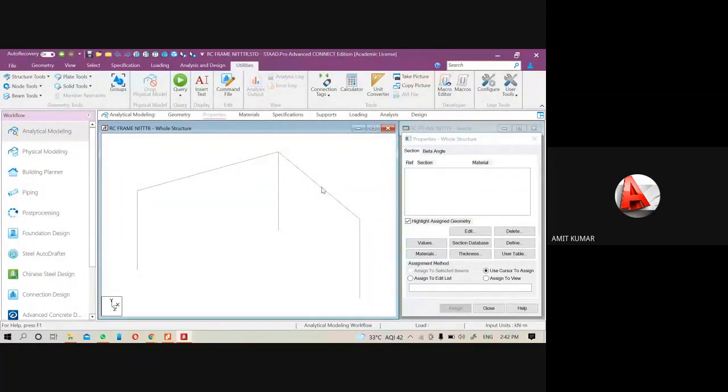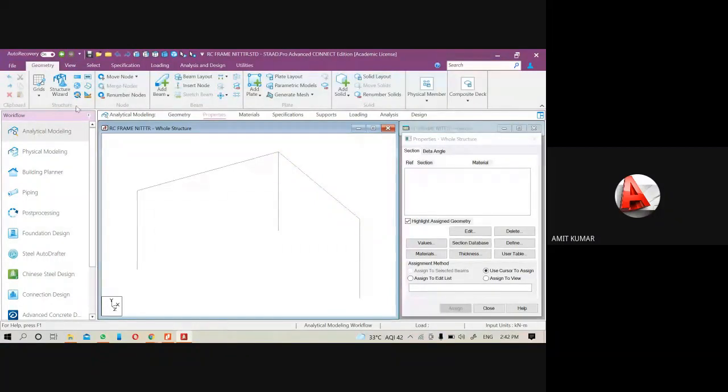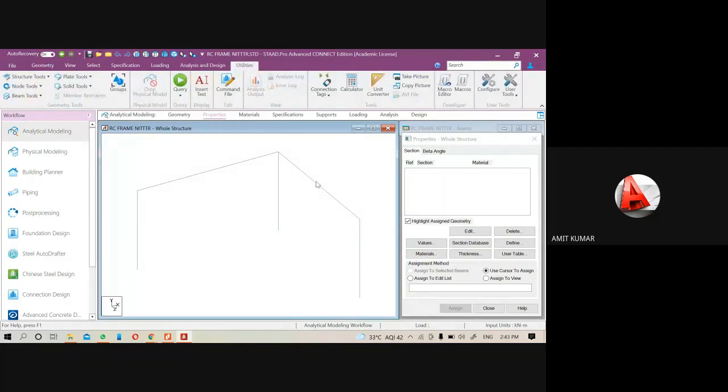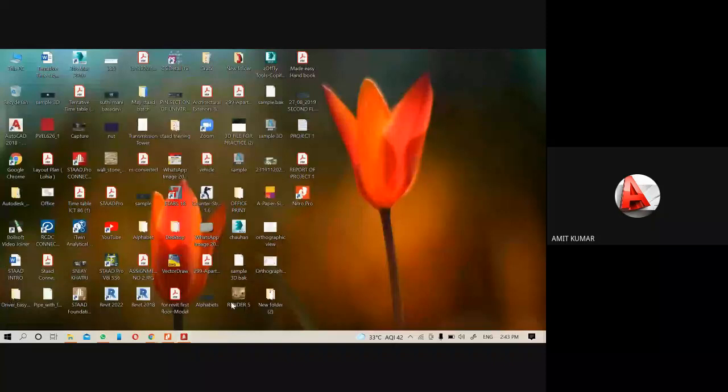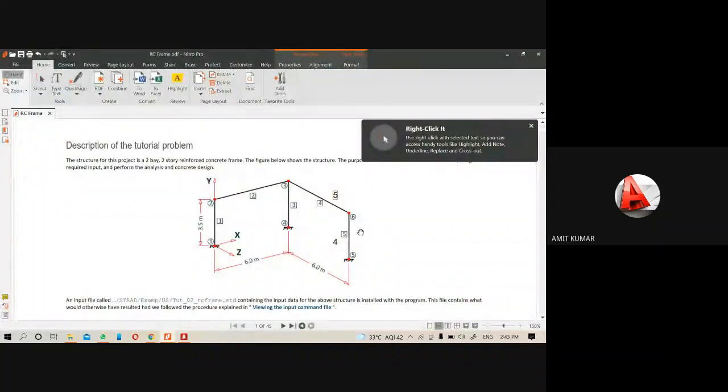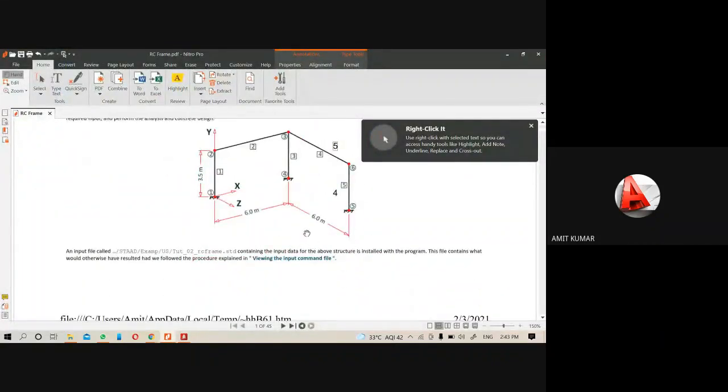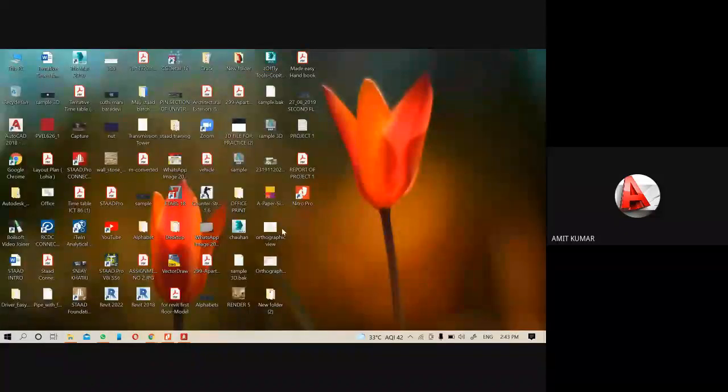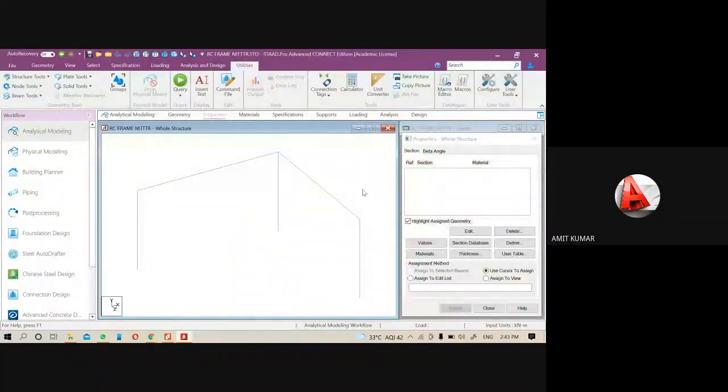That's the very simplest way of changing the beam numbers, because changing the beam number from the renumber option here is sometimes very complicated. That's why the best option is just change the number through the utilities. Okay, so I just change this beam number to 5 and this one to beam number 4. According to our PDF file detail, it is beam number 4 now. So yeah, now I'm just going to assign this value.